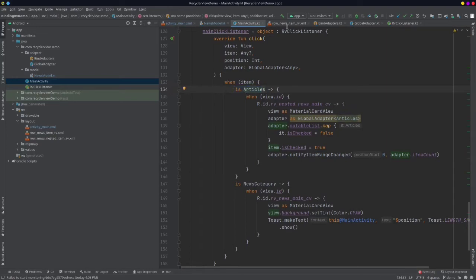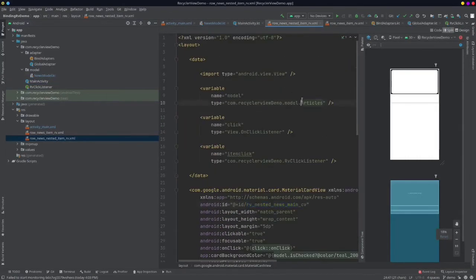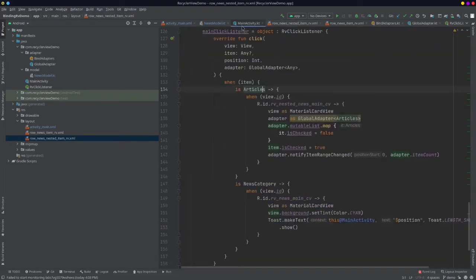If it is articles, then I will know that the click is from this file, which will be our nested file like this. Otherwise I'll put another condition for news category. Currently I only have two models, two different classes which contain the recycler view, but it can be more, it can be less, depending upon your requirement.